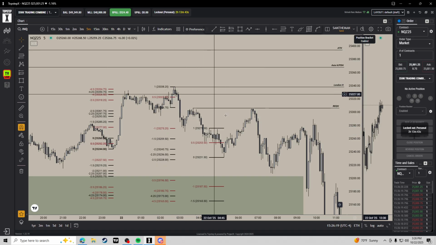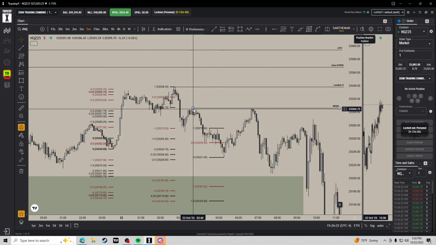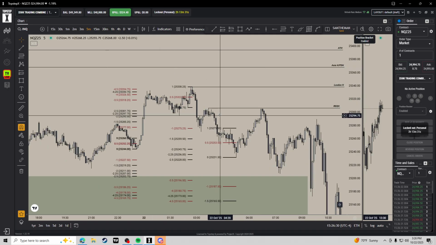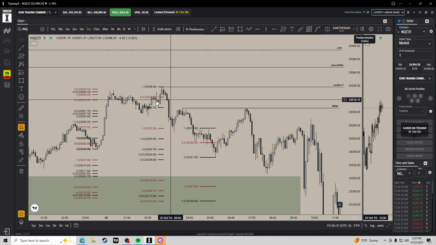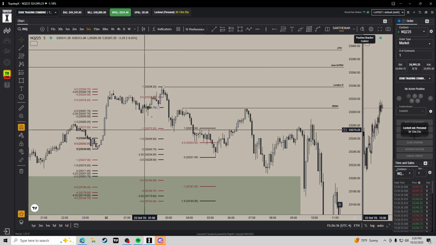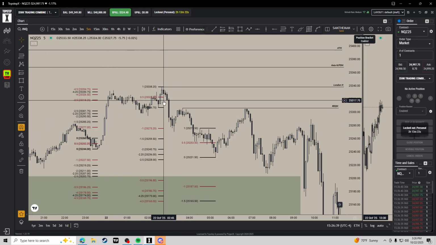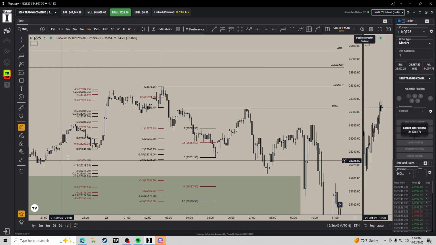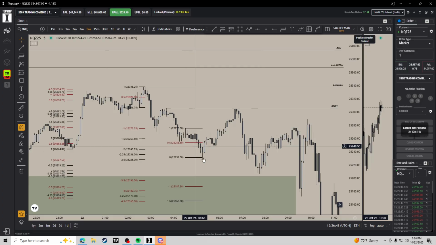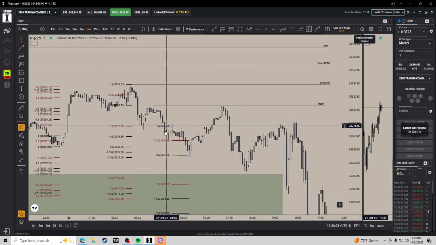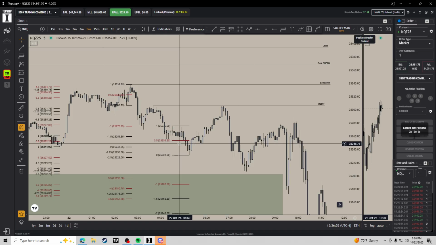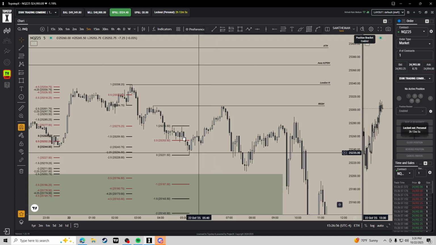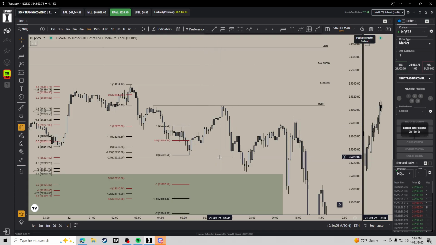Something else I like to use is, whenever Asia high or low gets swept, like right after Asia session, it could be even in London, whatever leg takes that out, I usually like only using the ones right after Asia session usually ends. So I don't even think London, I think London starts at like 3, right? Yeah, so we didn't start until right there. But it happened right here, and then also the same thing with London, where we made this London low, and then we ended up sweeping it. So I marked out this leg right here.